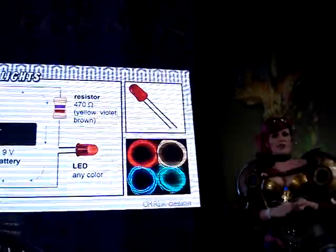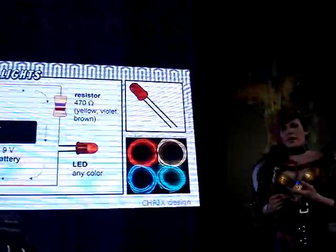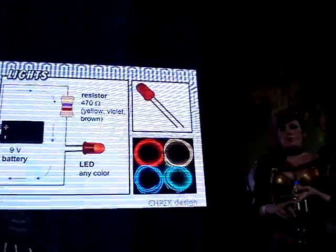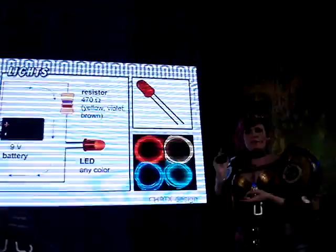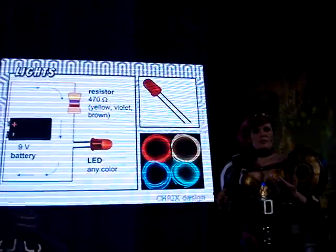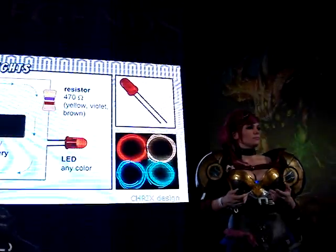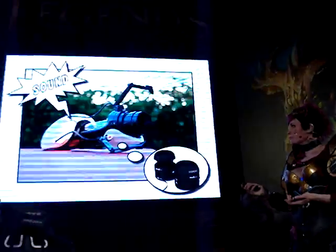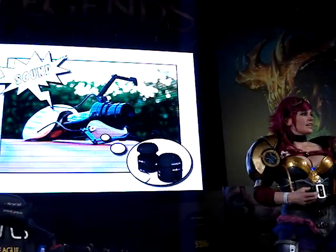But if you don't want to wire or solder or make your own circuit, you can also always use stuff like pre-circuit stuff. You can use flashlights, you can use small EL wire, which doesn't really emit that much effect, but still it gives a really nice detail to, otherwise, a normal costume that is elevated by adding some light. And even better is add sound, because so far I haven't met that many cosplayers that actually embed